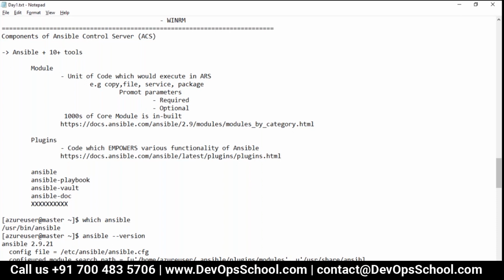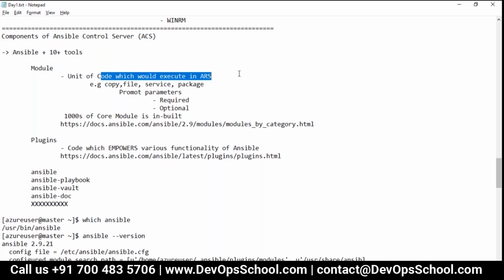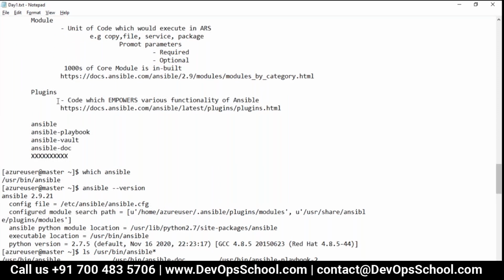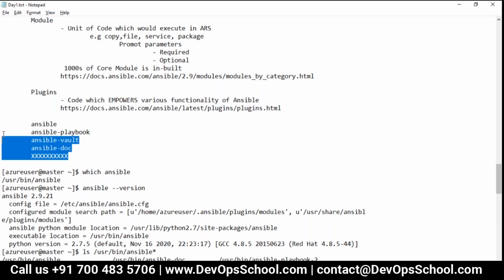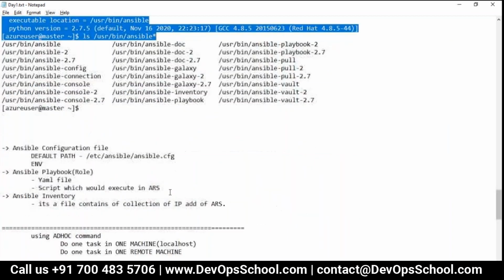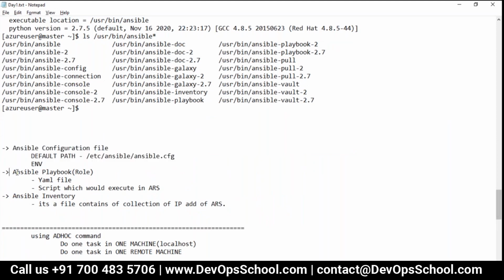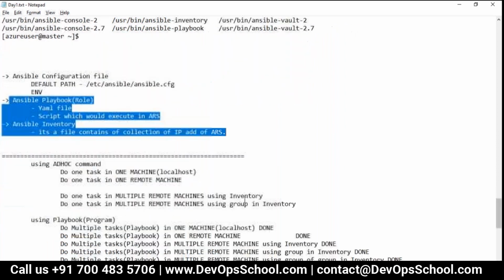So I basically talked about it. When you install Ansible, you get thousands of modules. You can write your own modules. Remember, a module is a unit of code which will run on the managed nodes, and each module requires some parameters. Plugins are nothing but the features of Ansible, and again you can write additional plugins also, and you will find lots of executables. Then some of the paths which I have shown you, the configuration file, and these two things you have to write: the Ansible playbook and the Ansible inventory. So guys, did you understand that? What are modules, all of you?